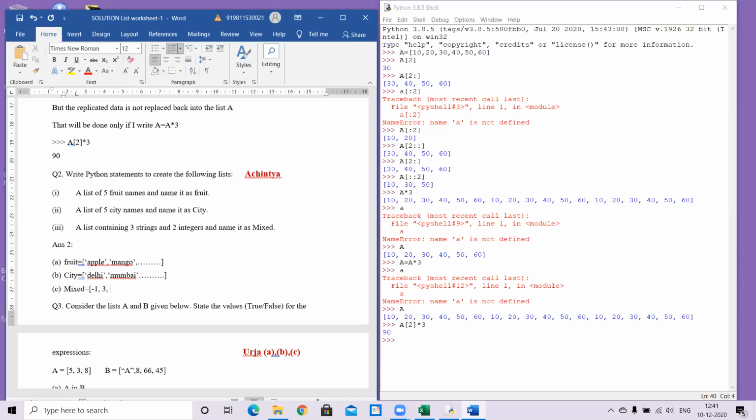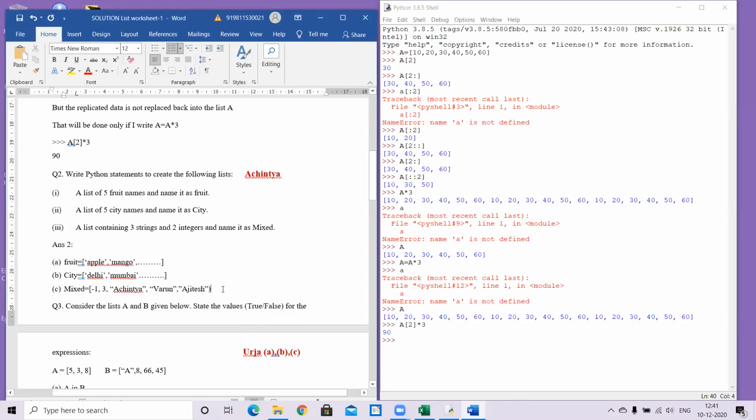And which 3 strings should I give? Anything, maybe your name. Achintya. Then we have our latest entry to the class, that is Varun. No, the latest entry, I felt, is Ajitesh. Okay. And actually, Ajitesh is waiting in the waiting room. I don't know when he got disconnected.